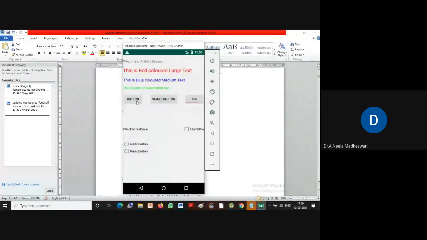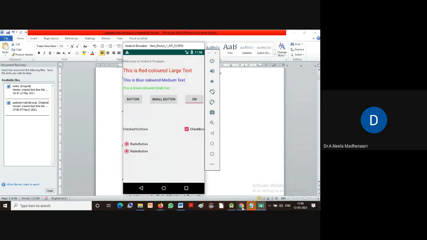Either it will be in the on state or off state. So that is the toggle button. This one is the button and small button. This is our checked text view. This is our checkbox and this is our radio button. So these are all a few components we can add in our user interface. That is what we get as an output using the emulator.